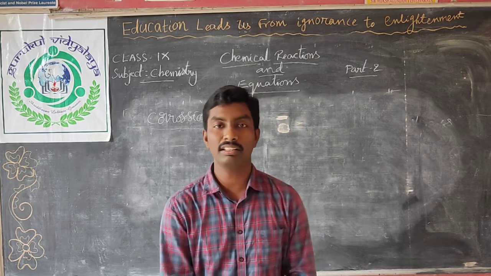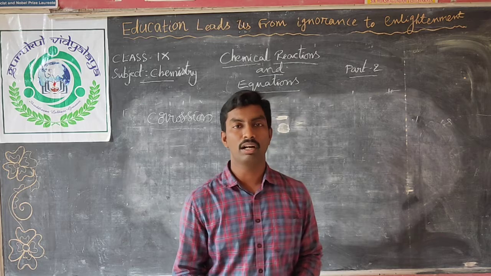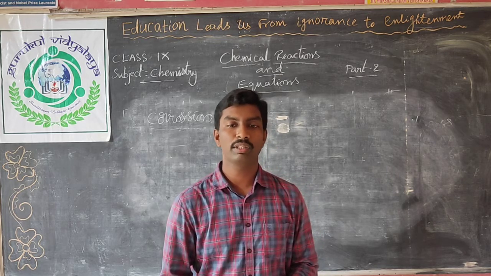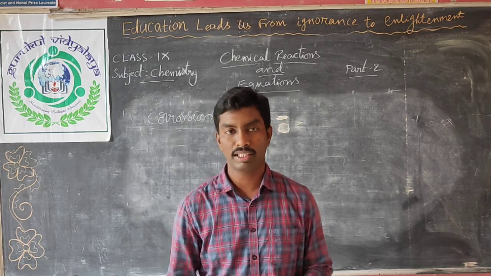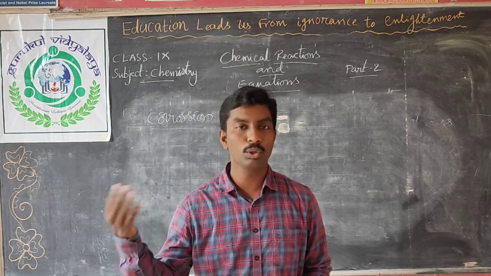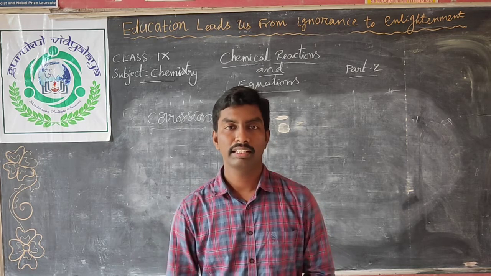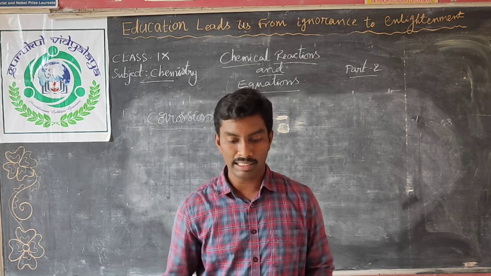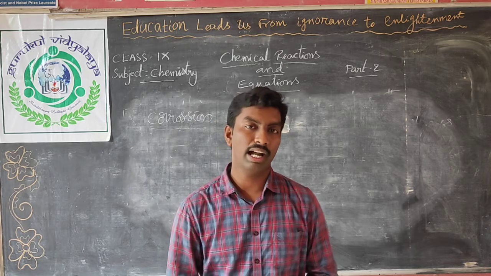So how can we prevent corrosion, so that metals do not react with oxygen or water and form metal oxides? To prevent that, we can paint the metallic objects in our home. For example, our house gates and window grills. If you paint them with oil paints, they won't get rusted. That means they won't be corroded. That is one prevention method for the corrosion of iron.